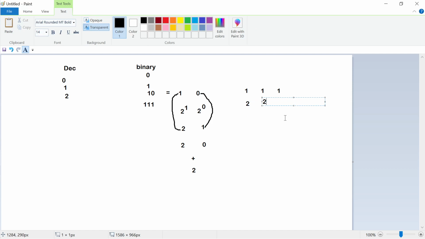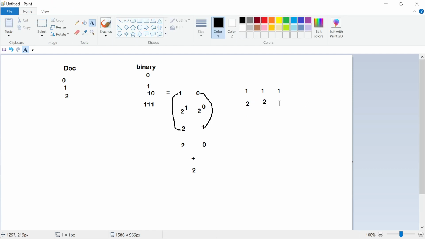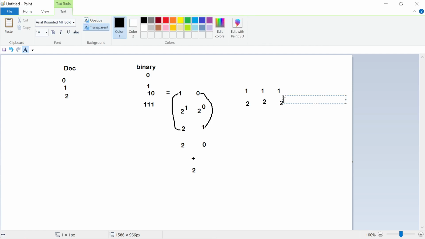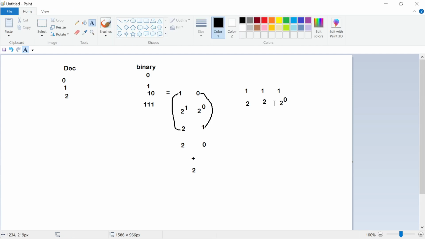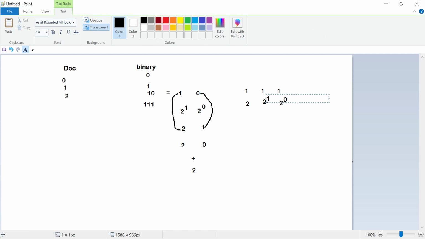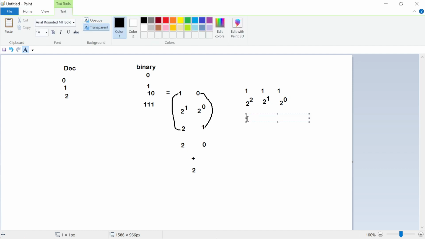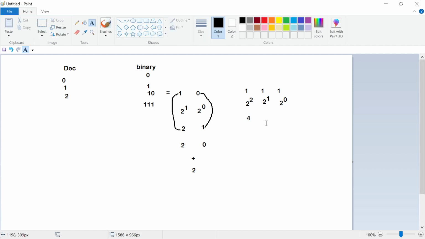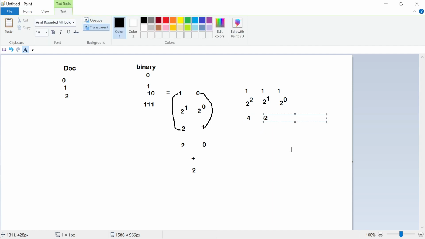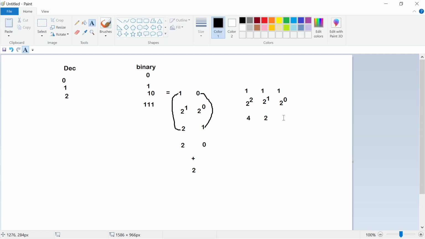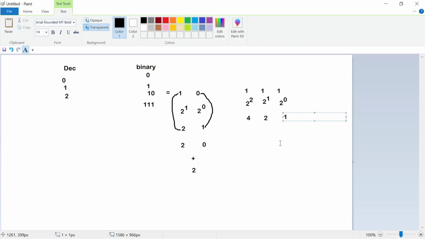2 2 2, पहले ऐसे लिख सकते हो। फिर इसको पावर देना है, ये बिट का पोजीशन। तो ये बिट का पोजीशन है 0 पोजीशन पे है, ये नंबर 1 पोजीशन पे है, ये नंबर 2 पोजीशन पे है। फिर इसका वैल्यू आप लिख लो इधर, ये 4, इसका वैल्यू 2 है और इसका वैल्यू 1 है।